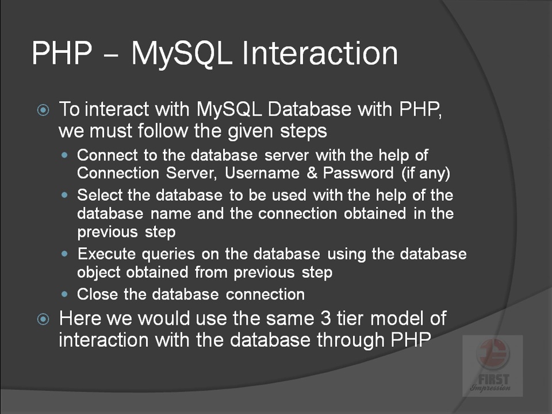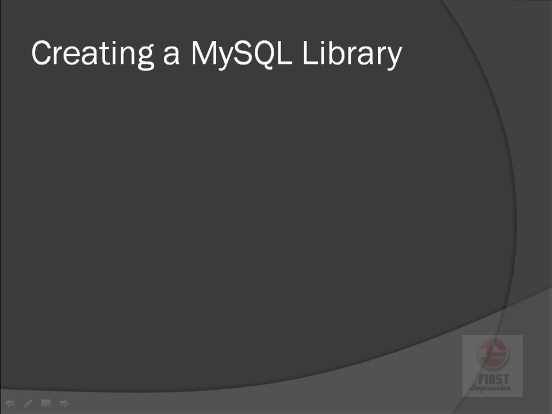The code that will be accessing the tables will be the PHP code, and then we will be having the database part. So let's create a MySQL library. Why are we creating a MySQL library? Because we want all the functions to execute depending upon our choice. So we are creating a MySQL library. That MySQL library will contain functions to open the connection, to execute queries on it, and to close the connection.